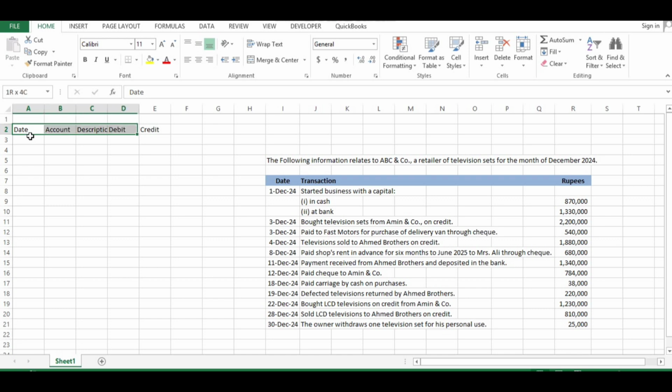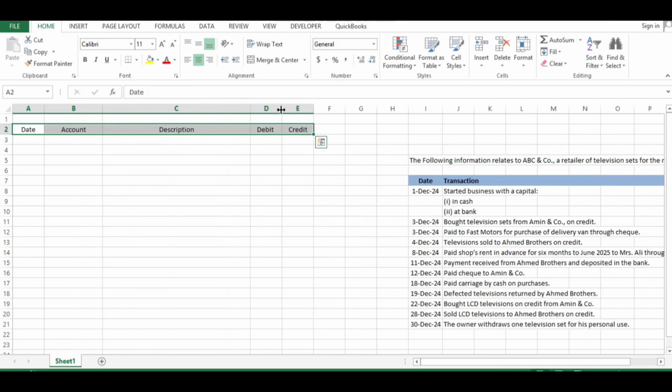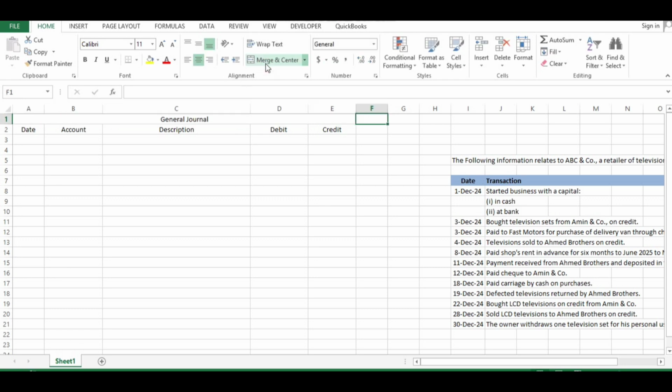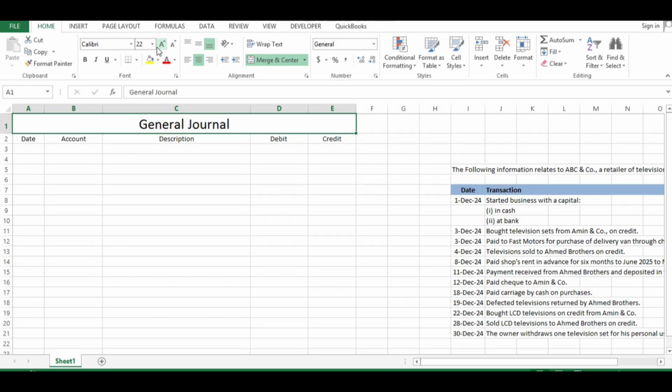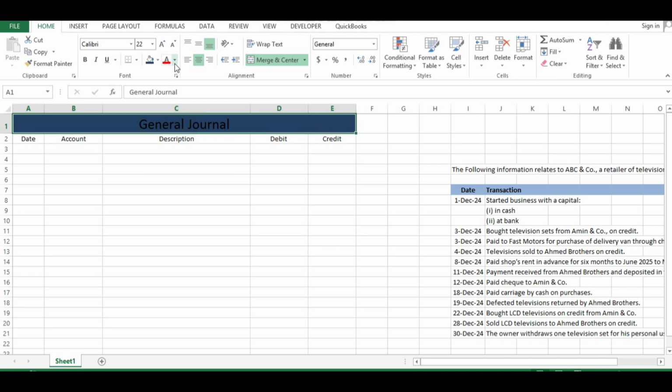Okay, and we will arrange these, and we will expand these columns again: description and our debit and credit, right? And we will give it a heading here: general journal, right? We will increase the size of the font. You can format it, give it any color. We will give it a blue,